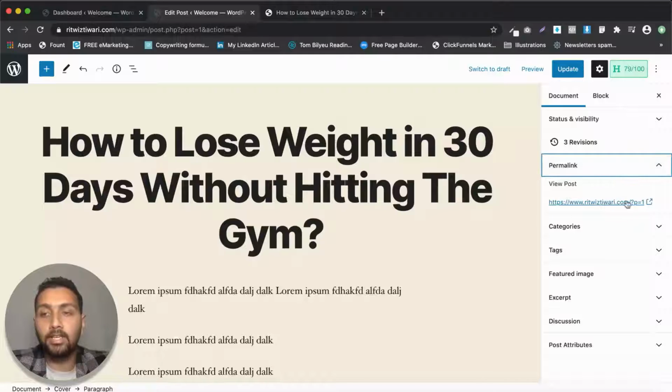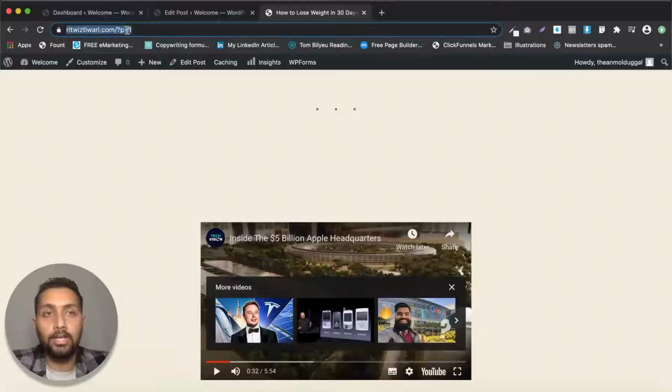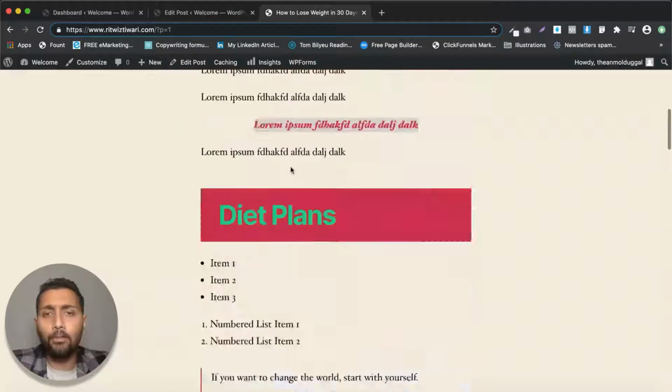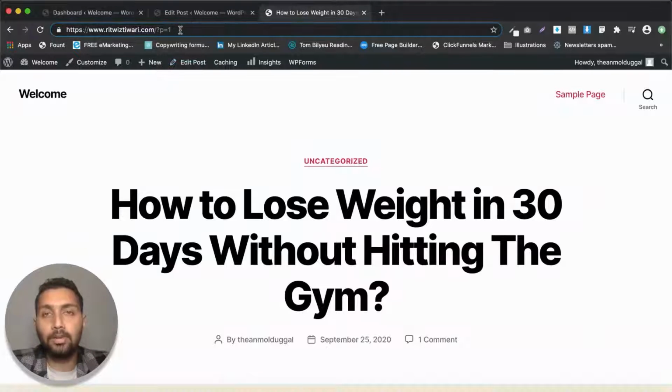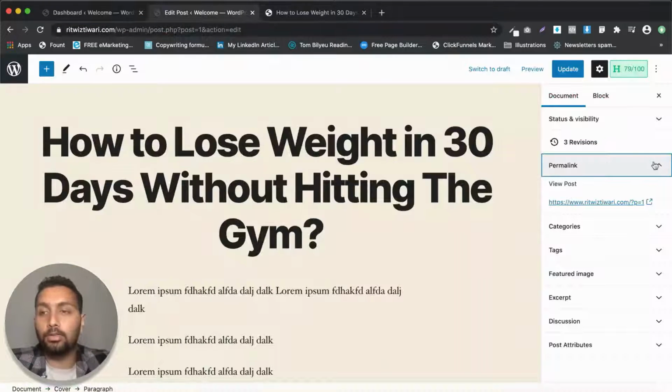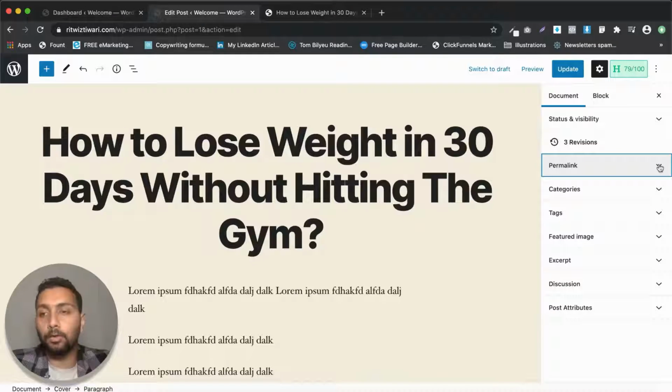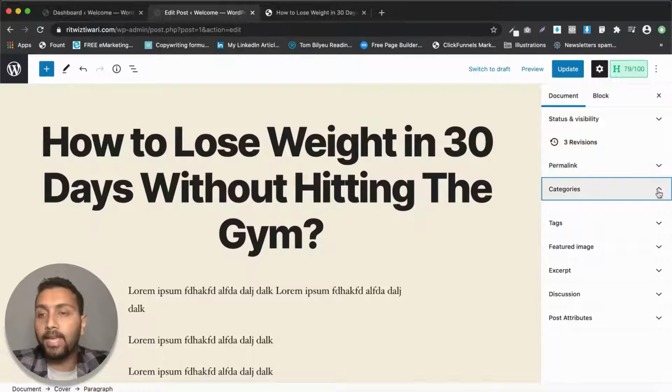Okay, now you can see here that the permalink is something which is a link of the blog post. Like, right now you can see here that if somebody enters in this link, then my blog post is going to open up. But obviously this is not something which is recommended. Obviously we need to have some English text here for people to easily remember it, and we are going to understand how to change the permalink. So wait for that. Then we have the categories part.